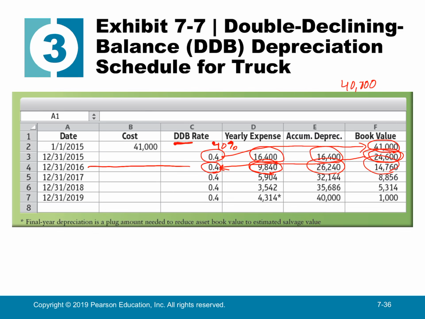Here's the big difference. You see this little asterisk? The final year depreciation is a plug amount needed to reduce the asset book value to the estimated salvage value. So here's where that residual or salvage value comes into play, that 1,000. This final year,